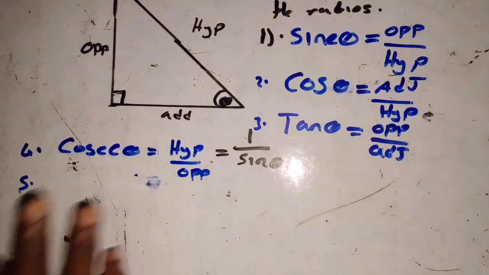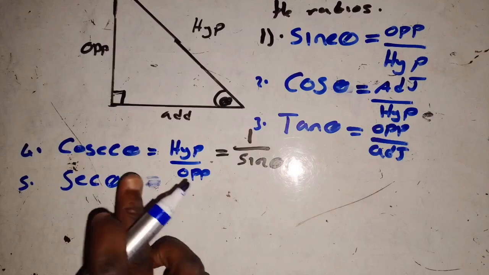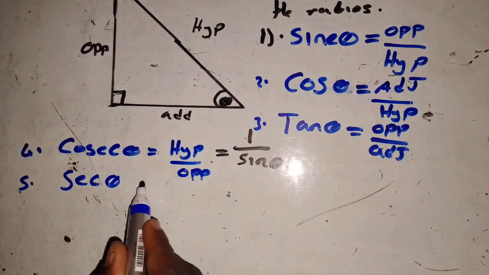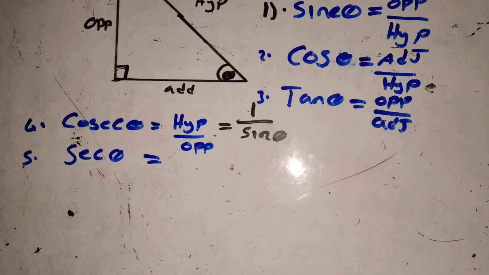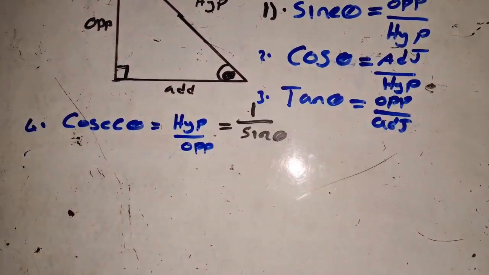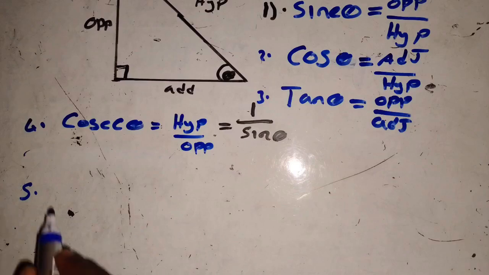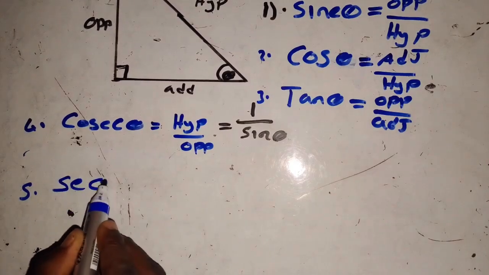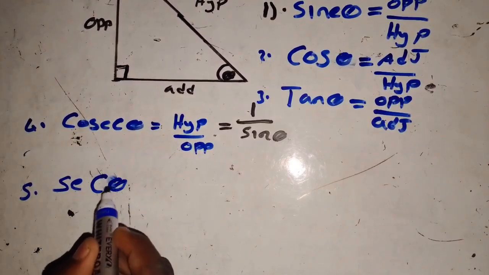So write it as sec theta, which means secant. Secant or sec theta is equal to, so let's write it a bit little down here. So here, 5, sec theta is equal to